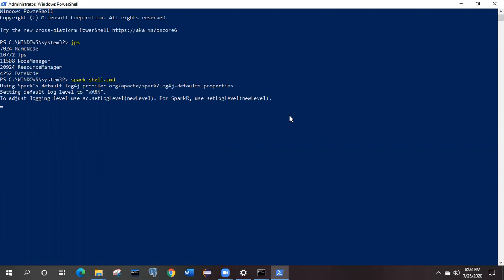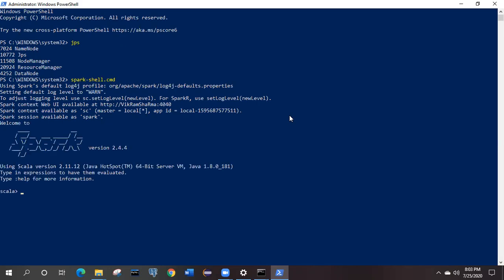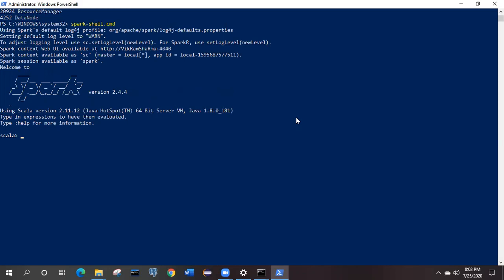Spark RDD is a resilient distributed dataset, which is the fundamental data structure of Spark and the primary data abstraction in Apache Spark. Some of the features of RDD are that it is a fault tolerant, immutable distributed collection. We are not going to focus so much on the other things, you can learn them from Google also.